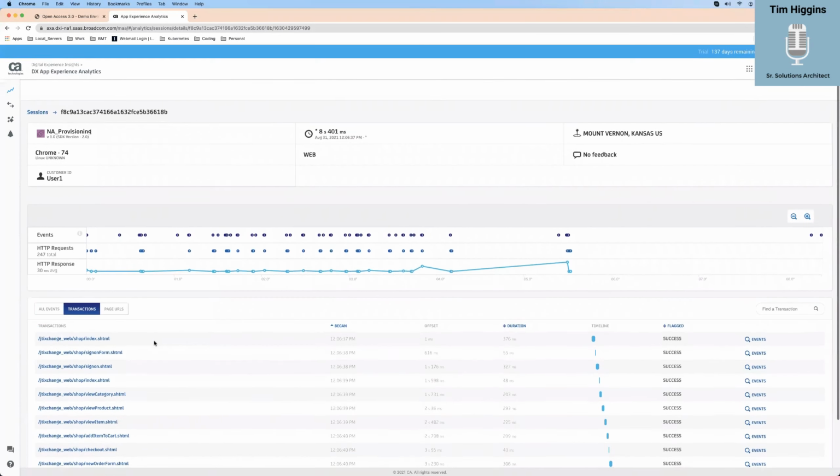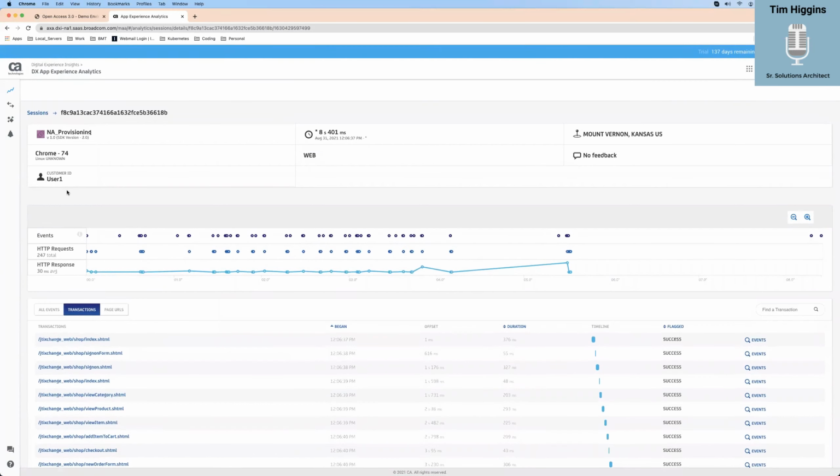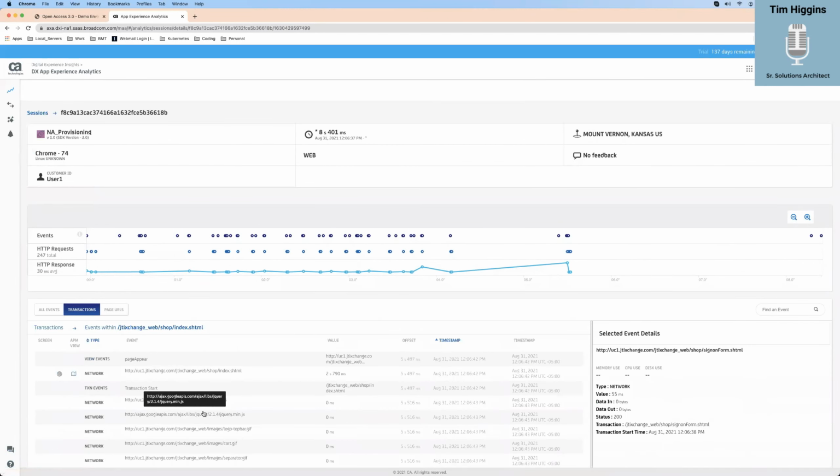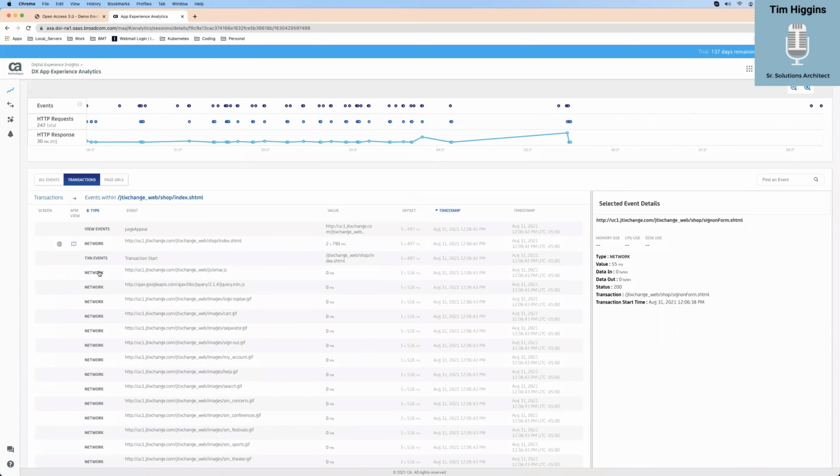Now, these are the transactions. Now, again, I'm speaking this loosely because I'm looking at sessions. In a few minutes, we're going to look at a page, and then it makes more sense, okay? Here, these are fine. Notice these are purple, okay? So I could click on one of these to get more information about it. So now I'm looking at the transaction, the event of my shopping page, and that's going to be the index, right? So the home landing of the shopping page.